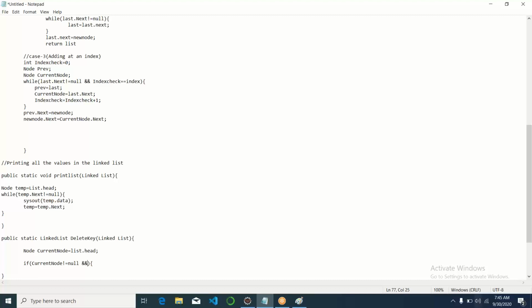And also current node dot data is equal to key. So we are checking whether the head node is equal to the key that we want to delete or not. So here I need to pass the data, int key. So this is the value that we want to delete from the list. So we are checking whether the linked list is empty or not, and it should not be empty. And if the current node is the head node right now, and the data is equal to key,